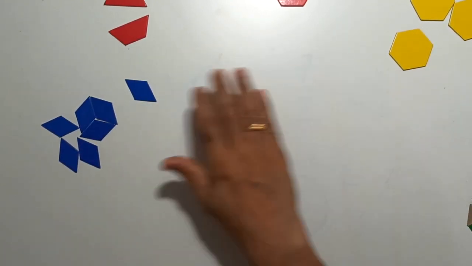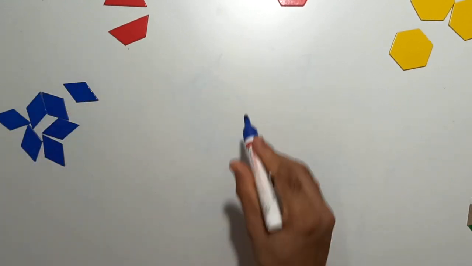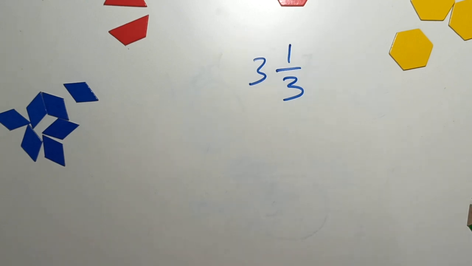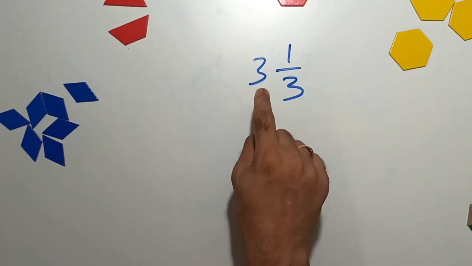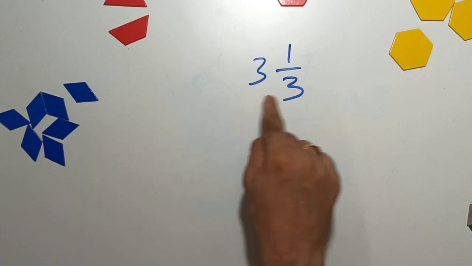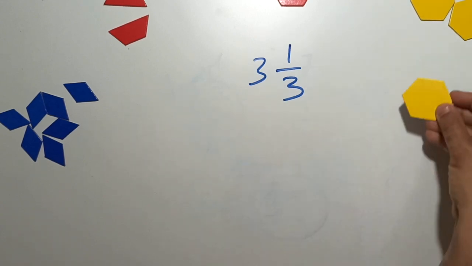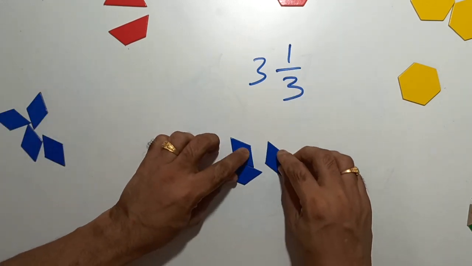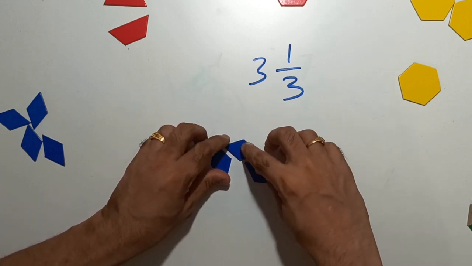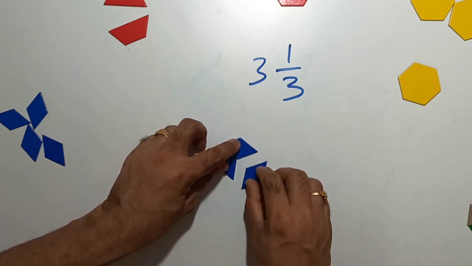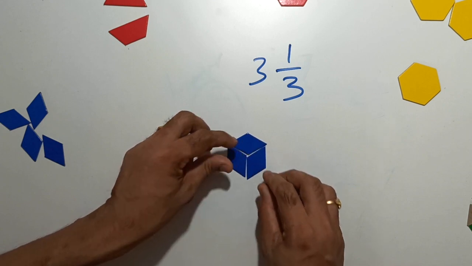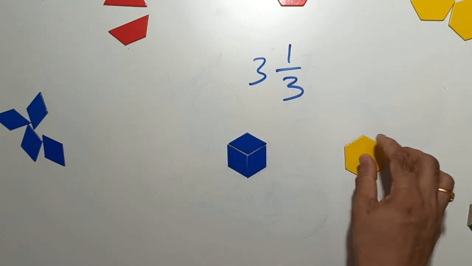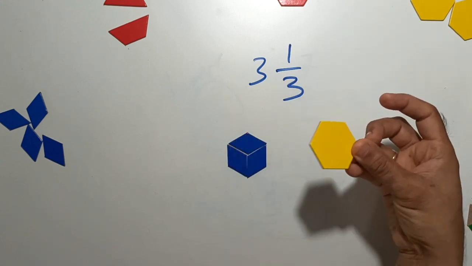What if I am given a mixed fraction and I want to go into an improper fraction? Let's say I have a mixed fraction as 3 and 1 by 3. What do we mean by 3? 3 is 3 wholes, right? And so basically I need 3 wholes. When I have the denominator 3, it means that I need to form a whole with 3 such pieces, right? If I am able to arrange 3 of the pieces to form a whole, it looks like this. So my whole is this.